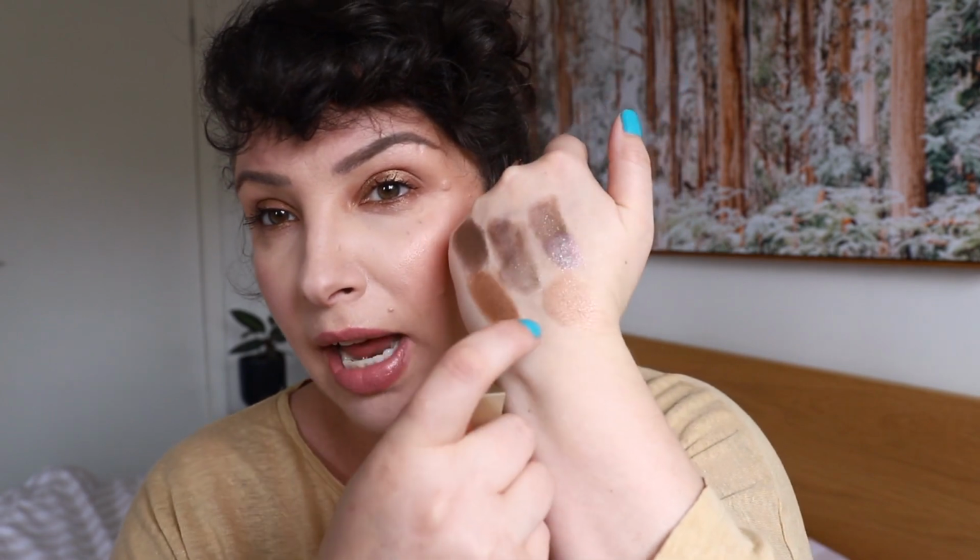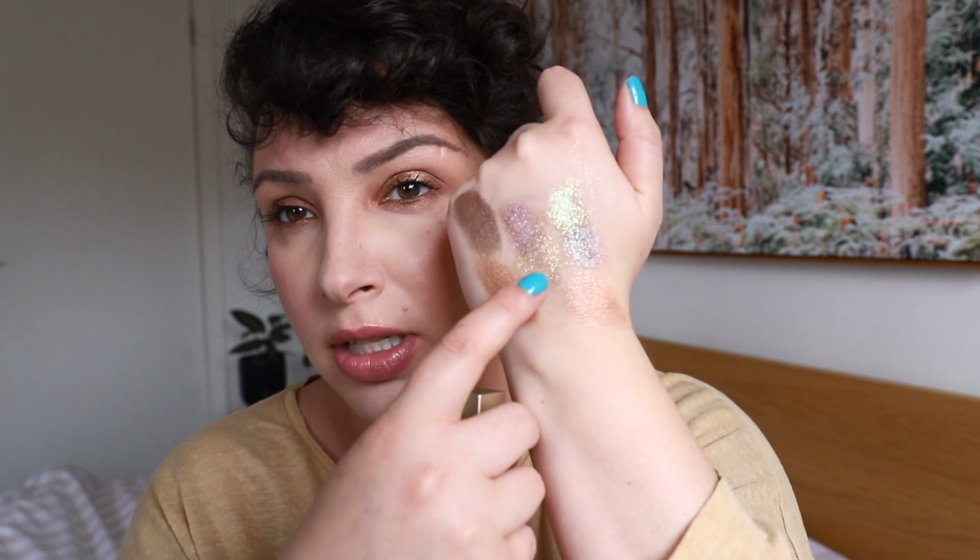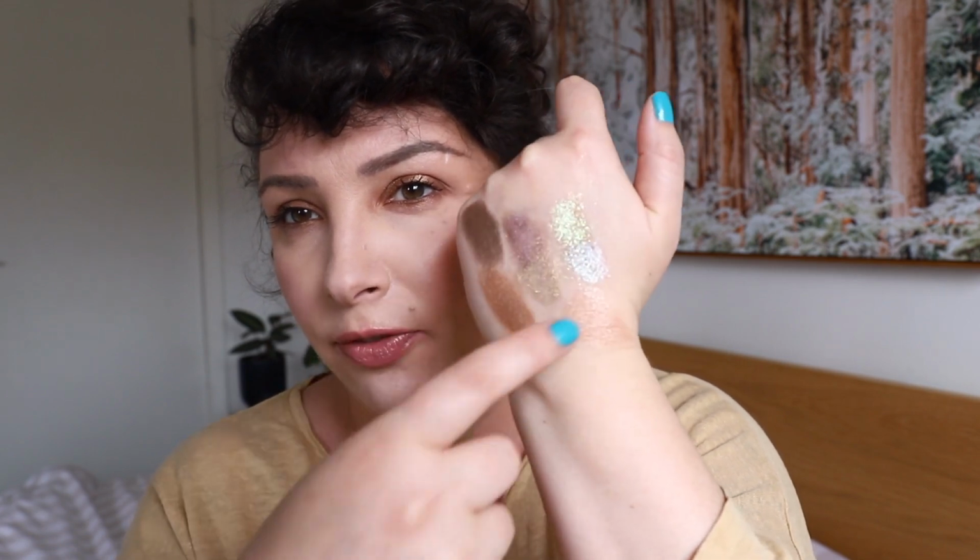So I decided to introduce Vivid Smoky Quartz, which is similar to that brown bronzy one that I'm wearing, but it's a little bit more cool toned and a little bit darker. So it's this one here. Now I thought I've got all these colorful color shifting ones, and I don't tend to wear these too much on a daily basis, but they are really beautiful at layering. So I've put that dark brown Stila one on, which is a Vivid Smoky Quartz,